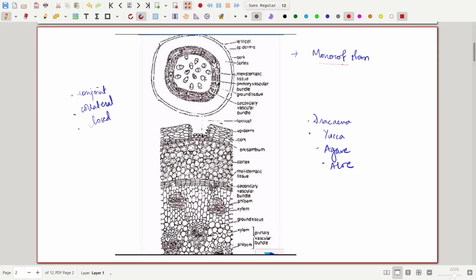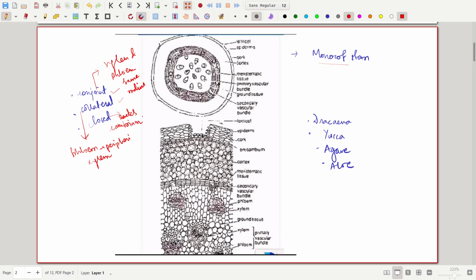It is a typical monocot stem, and normally the vascular bundles of monocot stem, as we know, are of conjoint, collateral and closed type. Conjoint here refers to the situation where the xylem and phloem are on the same radius. And in case of collateral, it means that the phloem is present towards the periphery while the xylem is present towards inside. And in the case of closed type, it means that it lacks cambium, which is a typical feature